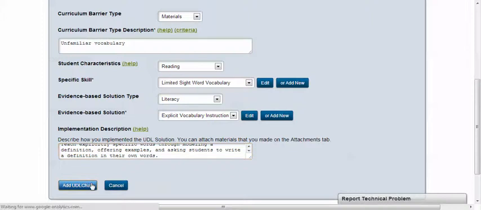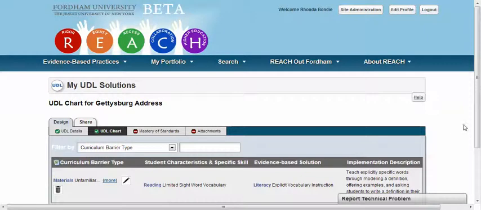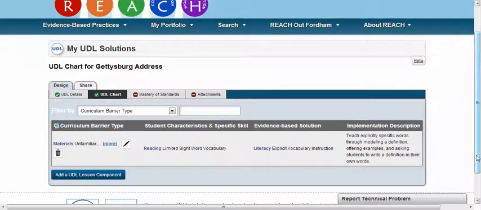And now I'm going to add my UDL chart, and if I'd like, I can add as many